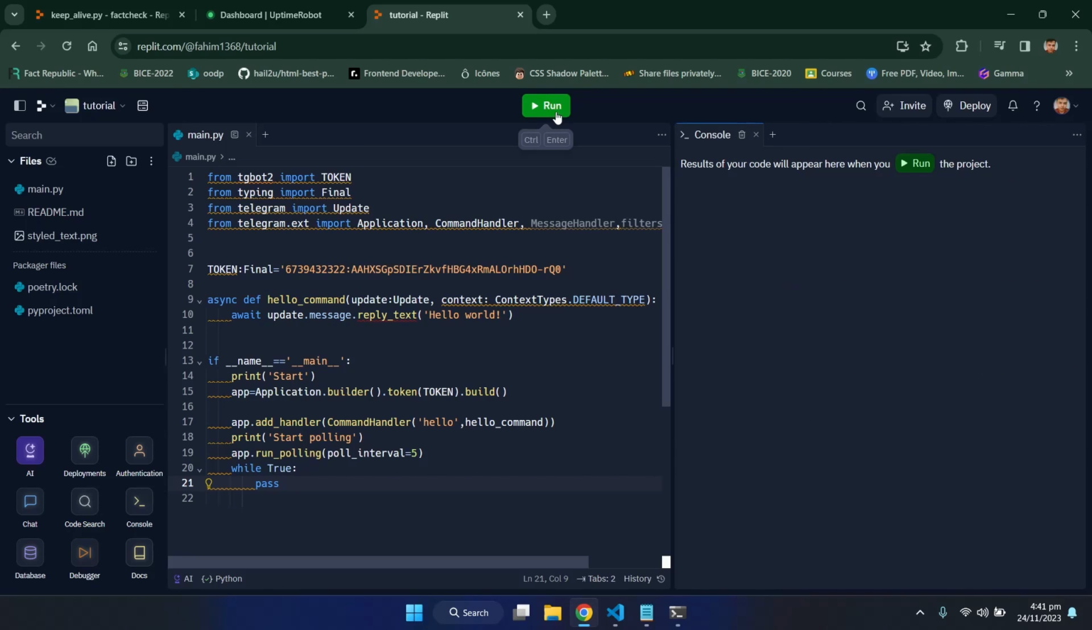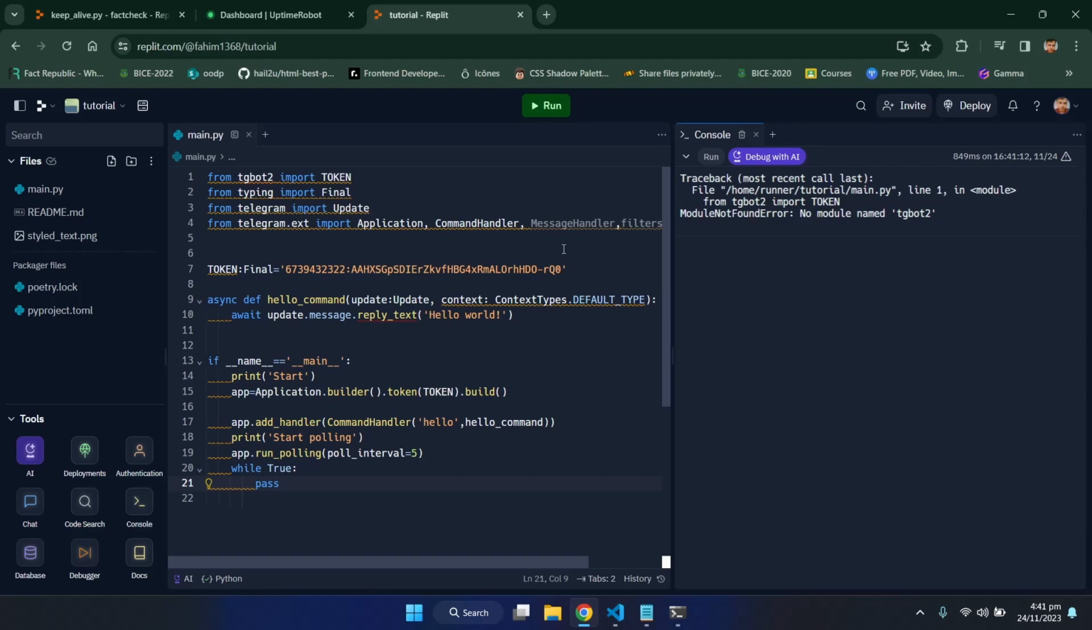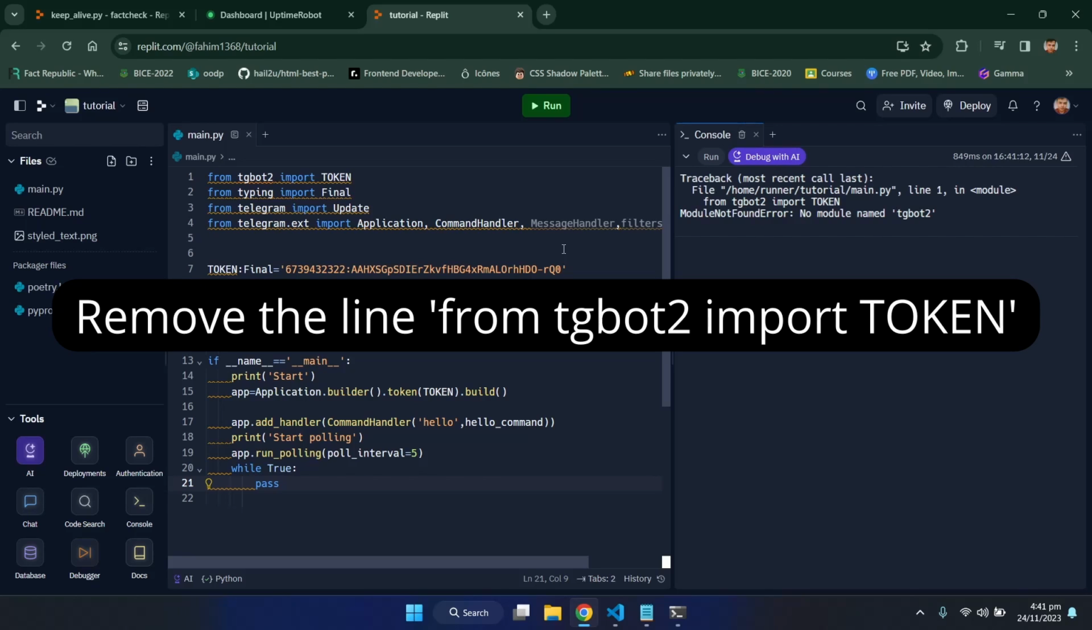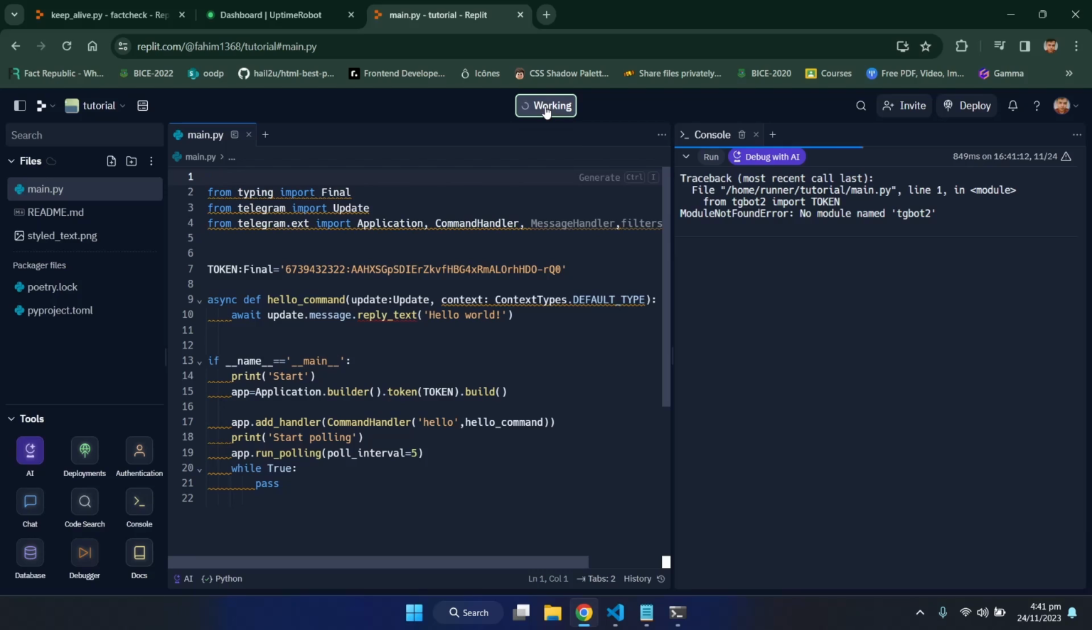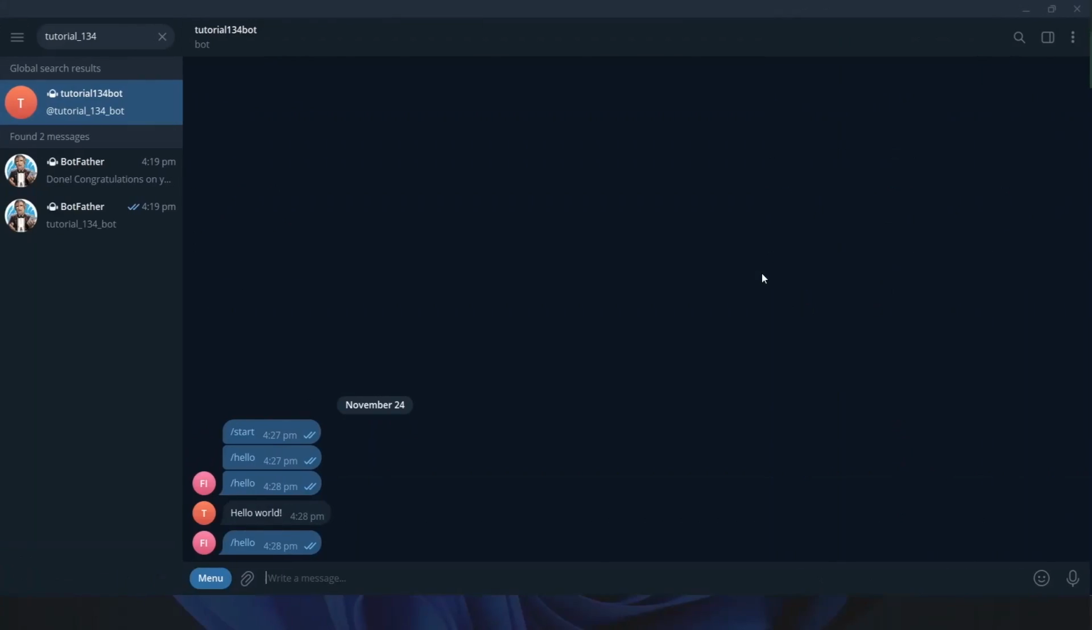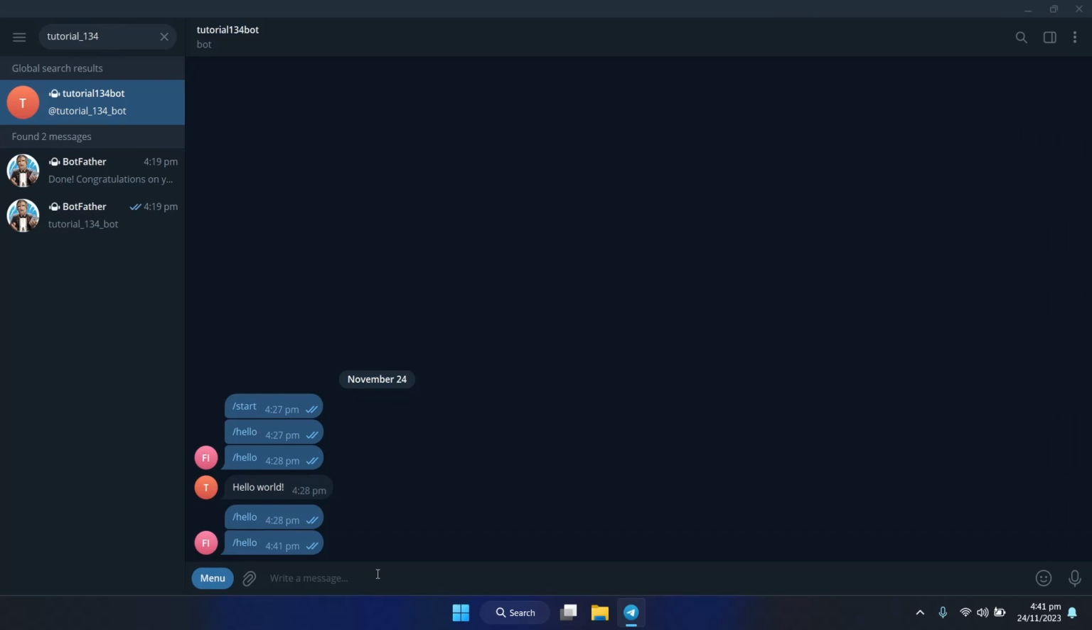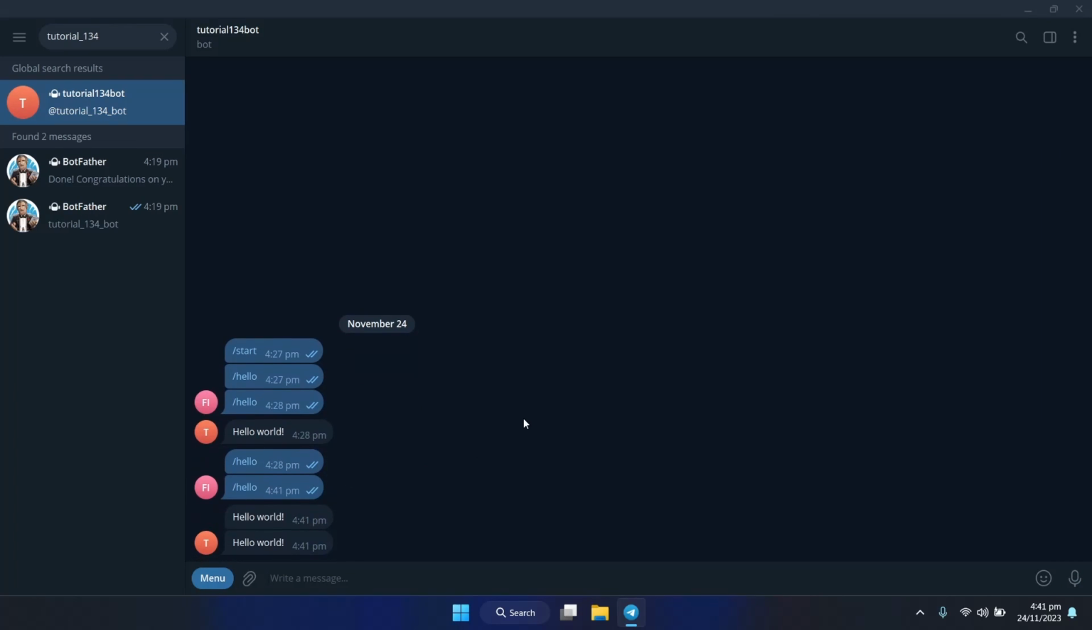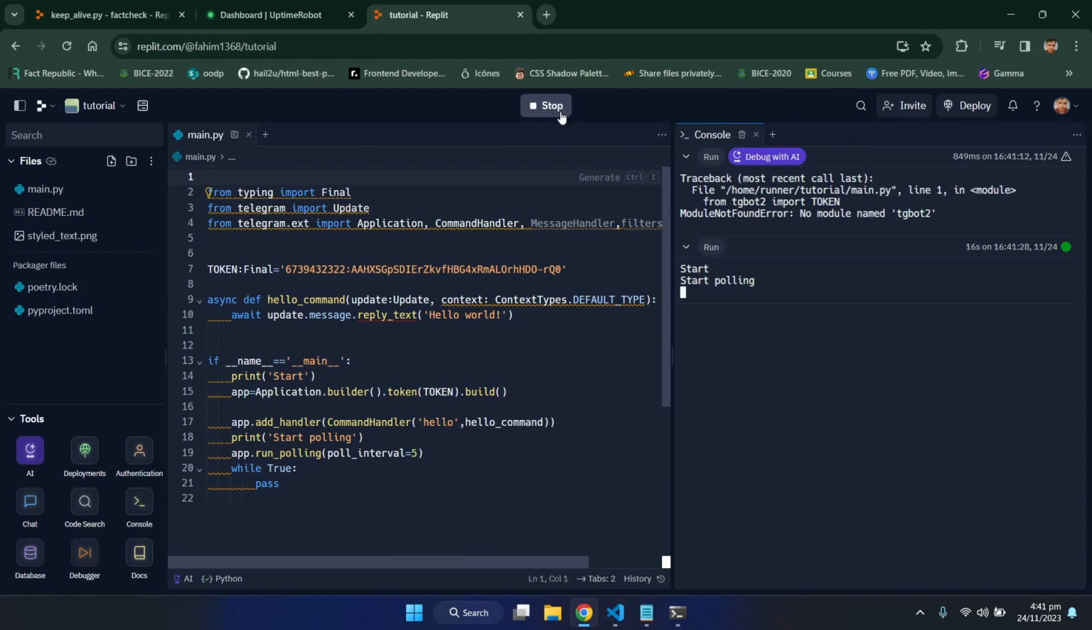So let's see if it works. Run it from here. Let's go back to our Telegram. It works, so we can say that it's probably running. So now stop this. Create a new file, which will be